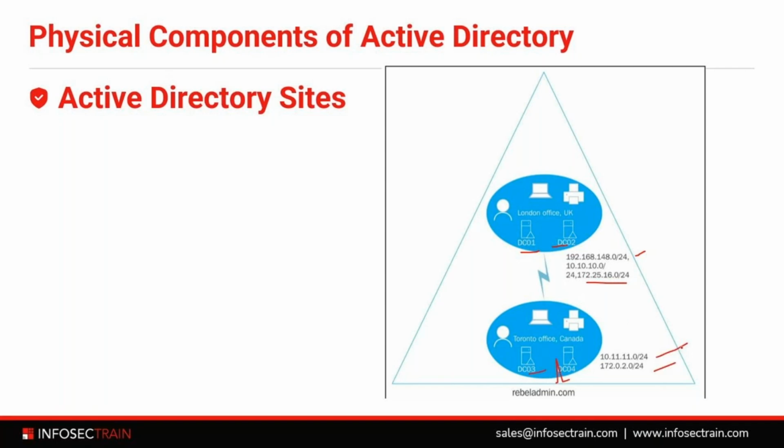with networks 10.11.11.0 and 172.0.2.0, right? But logically, they are in the same Active Directory forest and domain. So both networks are interconnected with a leased line, right? So that is Active Directory sites. Now, these are the components. Now let's talk about the